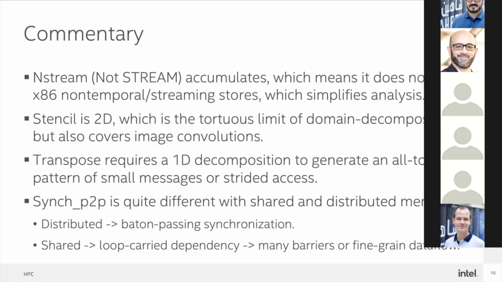But one of the things that we did, I think Rob did it for verification purposes, is he accumulates the output vector instead of overwriting it. And that, of course, means you can make sure you don't skip an iteration or something like that. But what is also interesting about it, and this has actually come up rather recently, is if you've ever run stream on an x86 processor, you may be familiar with the impact of non-temporal or streaming stores, which are a store that doesn't allocate in cache. It doesn't do a request for ownership on write, and which is not the traditional x86 store.